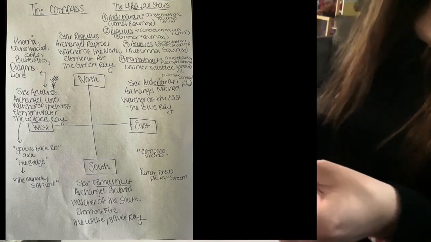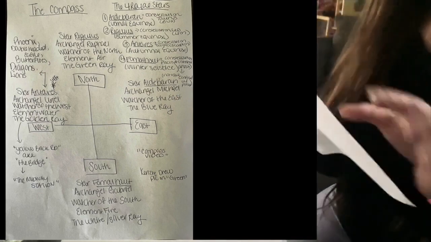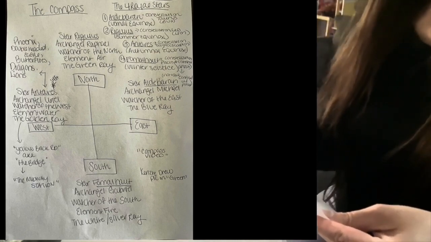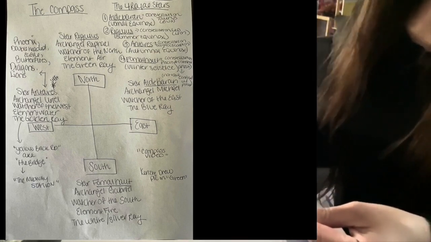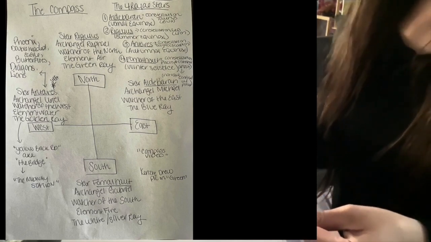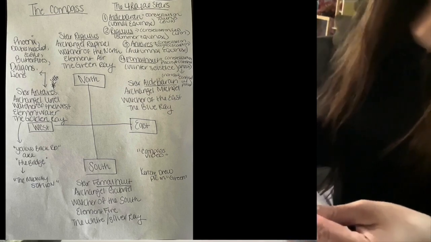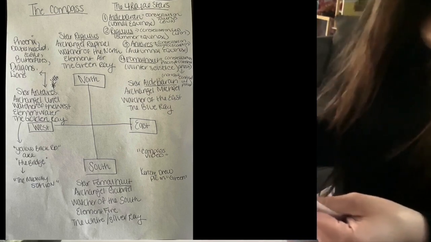Then we'll go over Aldebaran. Aldebaran is the east, okay? Star Aldebaran is Archangel Michael, Watcher of the East, the blue ray, and it is in the constellation Taurus, which is the bull, and it's shown during the vernal equinox. And then the south